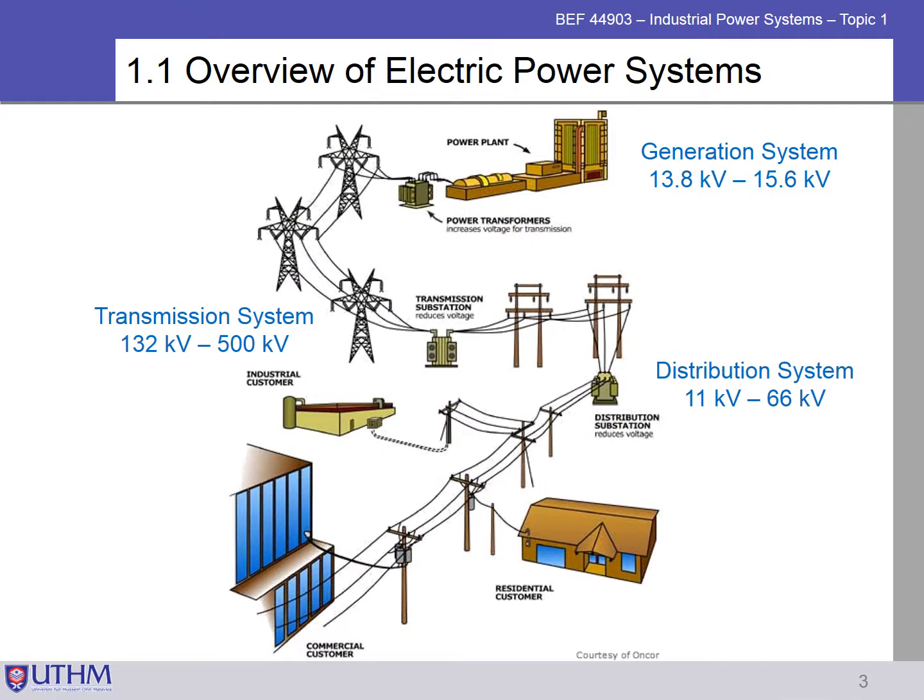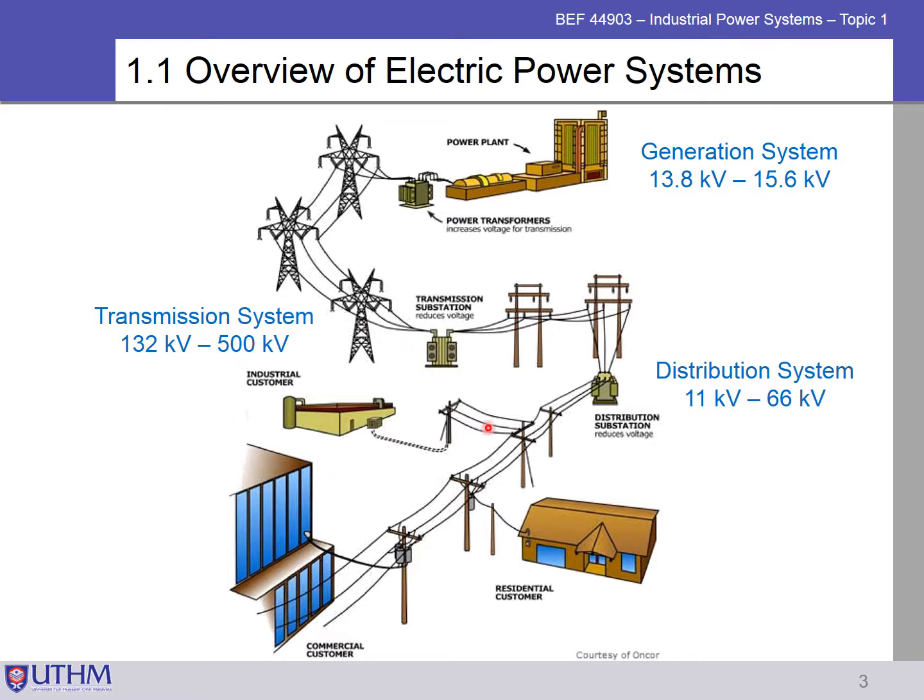Okay, now we go to 1.1, overview of electric power system. For electric power system, there are three parts, which are generation system, transmission system, and distribution system. For generation and transmission, you already learned in the GTD course. For this IPS, we just cover the distribution system, but only focusing on